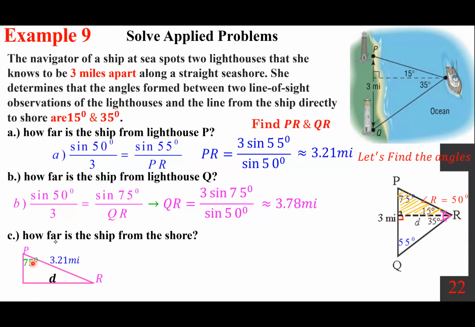So class, this is 75 degrees. This PR, we found it to be 3.21 miles. And this is the distance D we want to find. And that, as I said, is 75 degrees. Why do we need that? Because we want to find D. Okay. So according to the sine law,